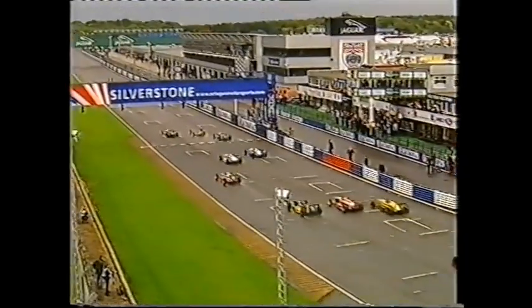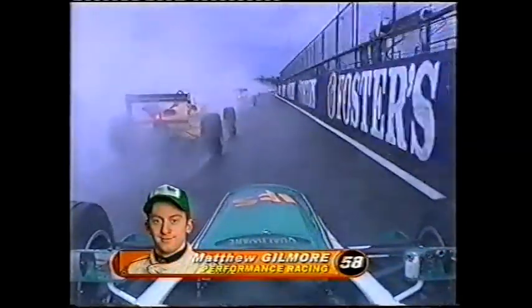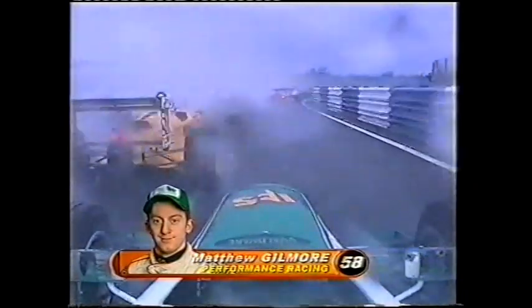They get the green, away go the front row men nice and evenly, but Sato goes between them. Very slow start for Davidson, but a quick getaway for Andy Priaulx, the white car between the 2 Jaguars, and Hayes recovering from a tardy getaway, looking to go inside Courtney as Priaulx goes around the outside. In the scholarship class, Matt Gilmore